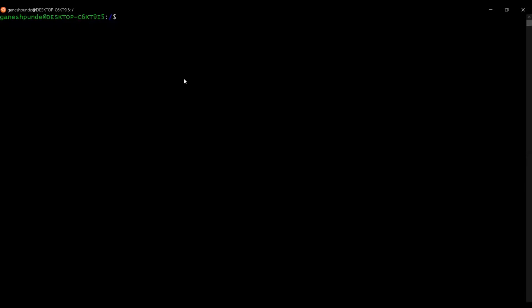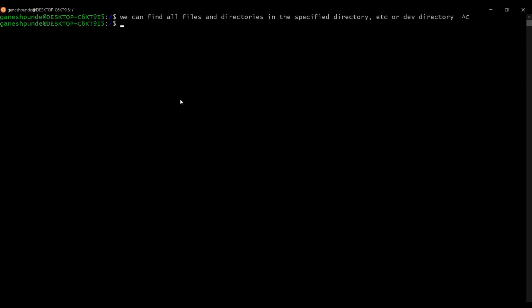We can find all files and directories in the specified directory, right? So if I want to find in the etc or dev directory, how can I find that?